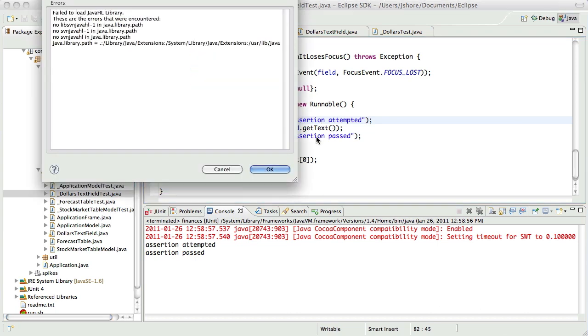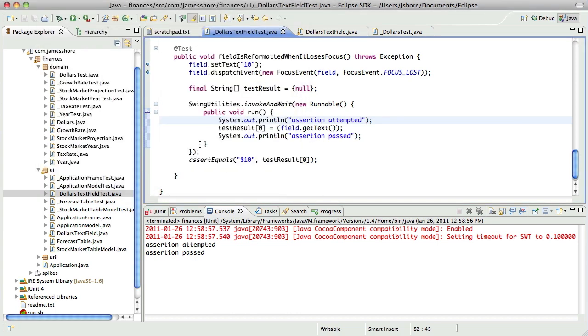I'm guessing that the reason that doesn't work is because the way JUnit works is when an assertion fails, it throws an exception. That exception bubbles up and is caught by a top-level handler inside of JUnit, which then logs that exception as a failure. And by doing an assertion inside of this runnable class, it was bubbling up to a different place. It wasn't bubbling up to JUnit, it was bubbling up to Swing. Swing didn't know what to do about it, and that was that. It was dying out.